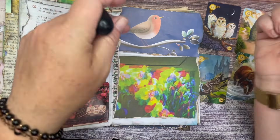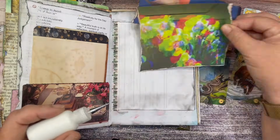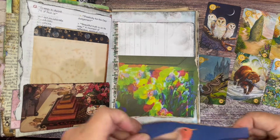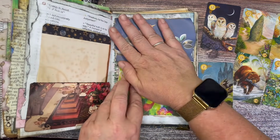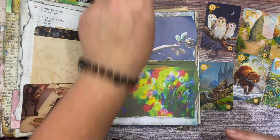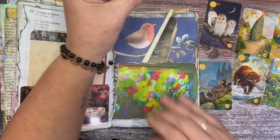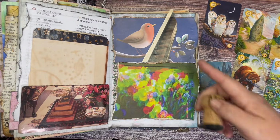Okay, so those two are gonna go first. We're gonna glue those down first. We're gonna go this way, and then that way. And then we're gonna stick our little escalator in the sky. And then this greenery, we're just going to make sure that it is